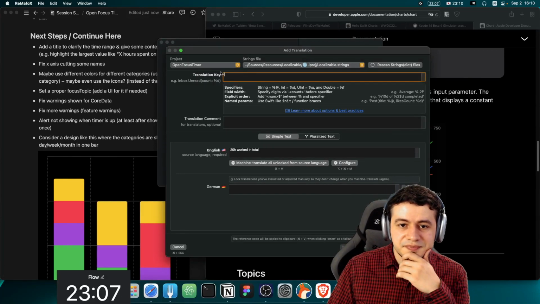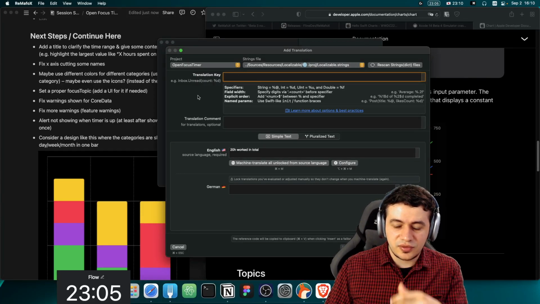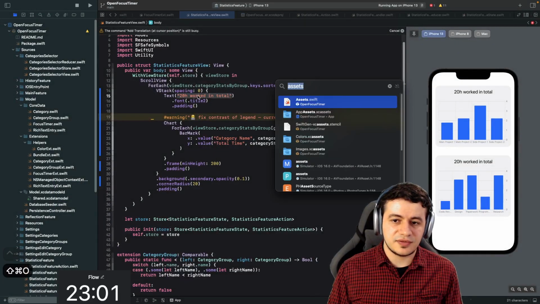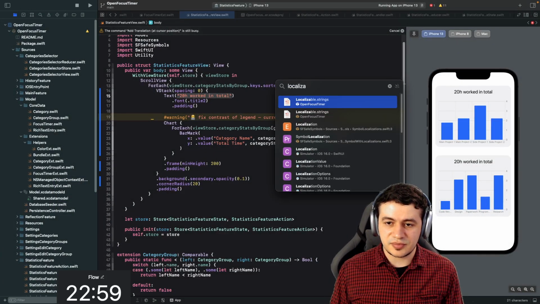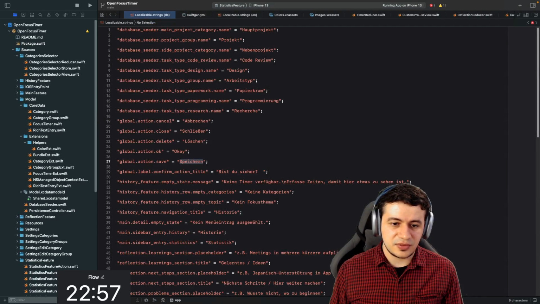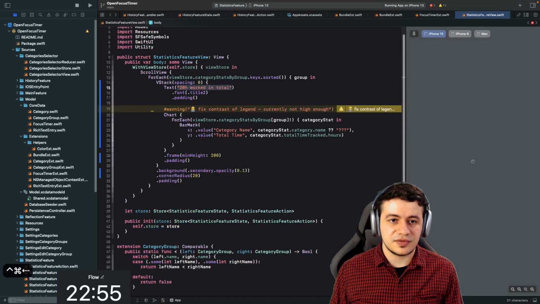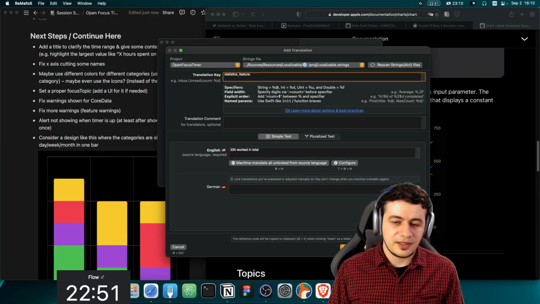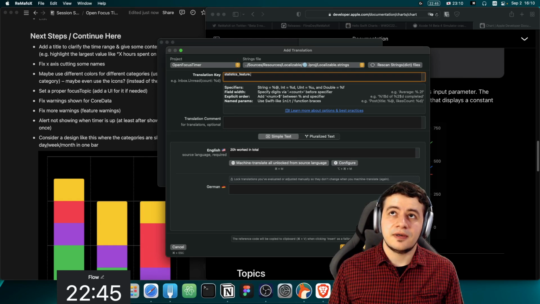All right, there it is. Okay, so what's the key? I think we were using this, there are lowercase keys, right, in our localizable strings files. Yeah, lowercase, and this is the statistics feature. Statistics feature, and we're providing a what kind of chart is this? Group or work time